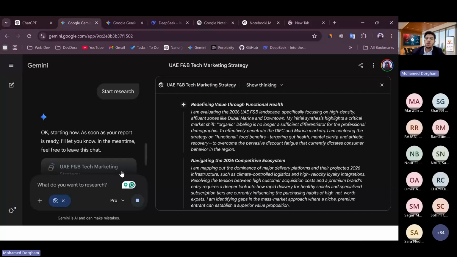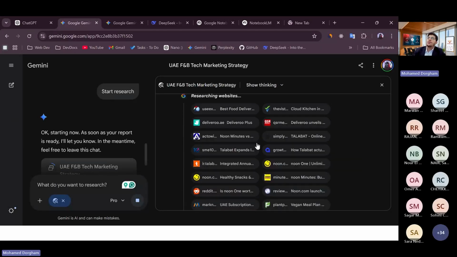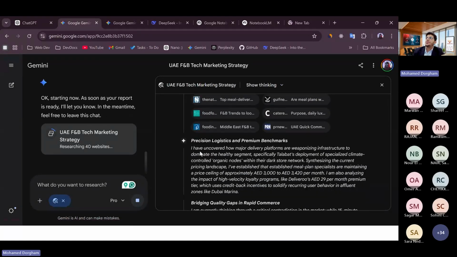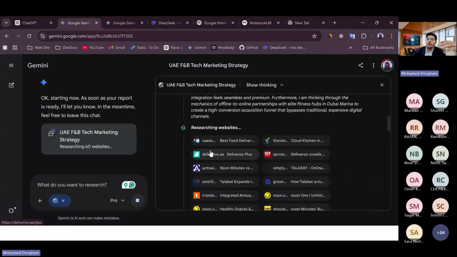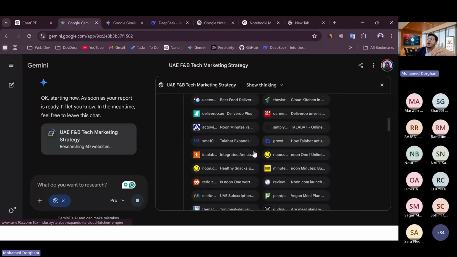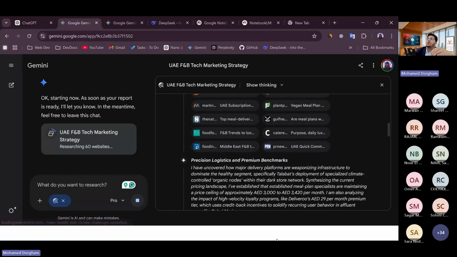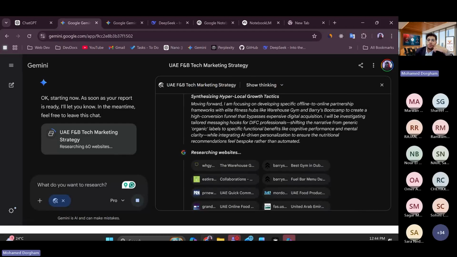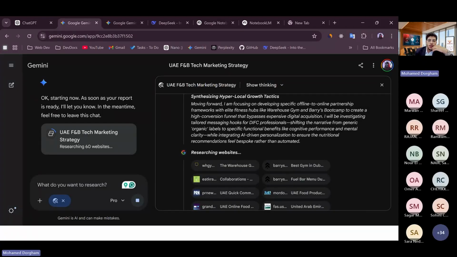You can create your own AI web search agent and customize it for your own use case. Let's say you work in a finance department or an HR department, or you are an executive assistant doing a lot of searches about specific topics. You can train an AI agent to do all this, but only for your niche or your department. I can see now the type of platforms and websites it started to search. A lot of sites, a lot of stuff happening here. It will take a little bit of time because it's searching.